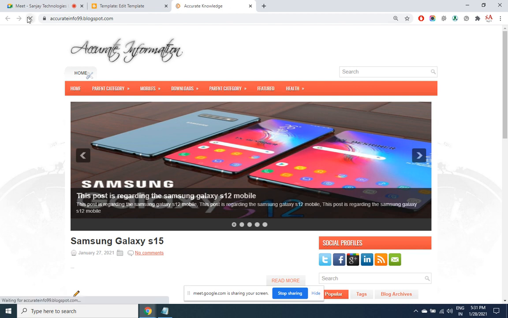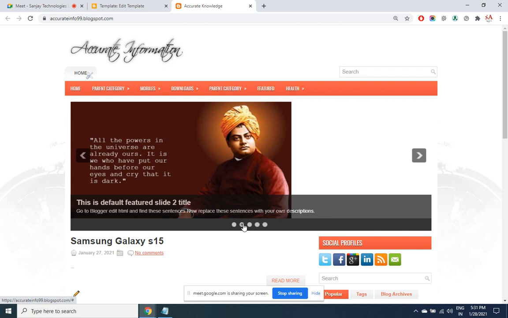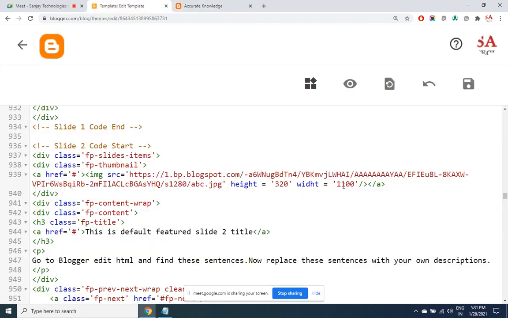Now when I refresh, slide 2, some mistake. The image you have taken is a square image, that's the problem there.